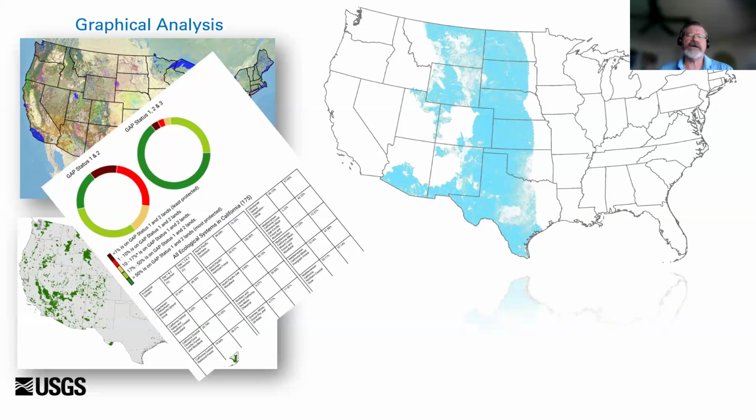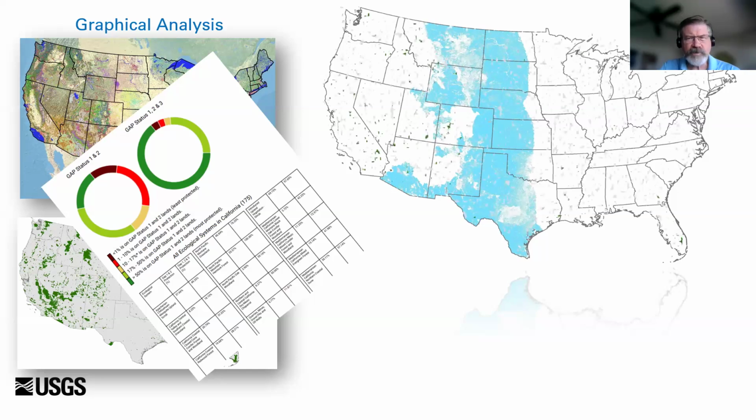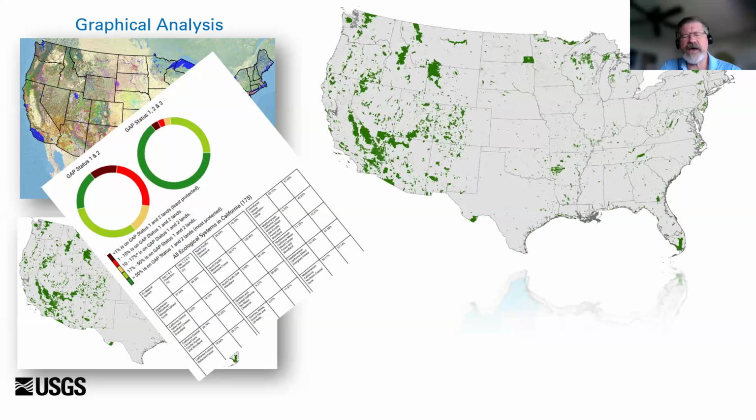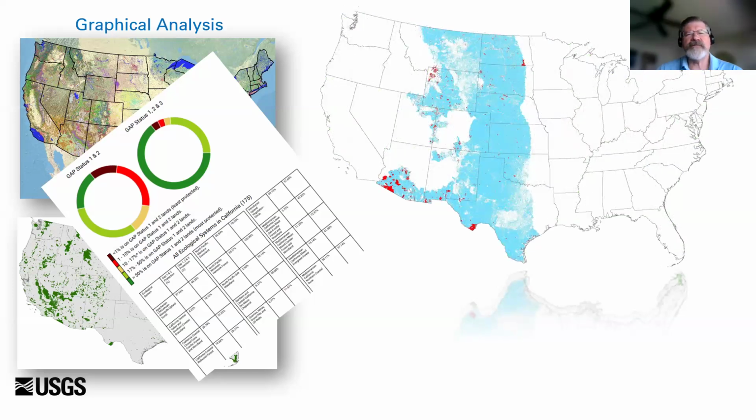Or we can look at the species. And so this is just an example of what happens with the habitat model. That's the habitat model. We throw on that land cover or that PADIS data set, that gap status categories. And there we can identify the amount of land that for that species is in long-term protection for conservation. So those red areas are where we have conservation lands and we have habitat. The blue areas are where we don't have that.